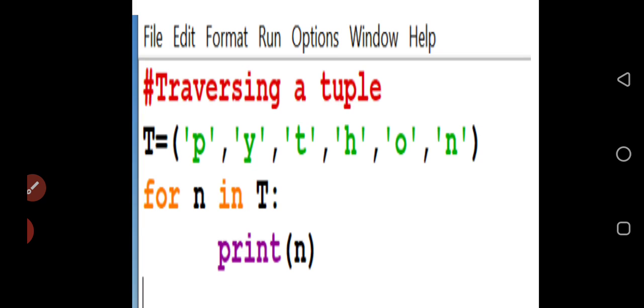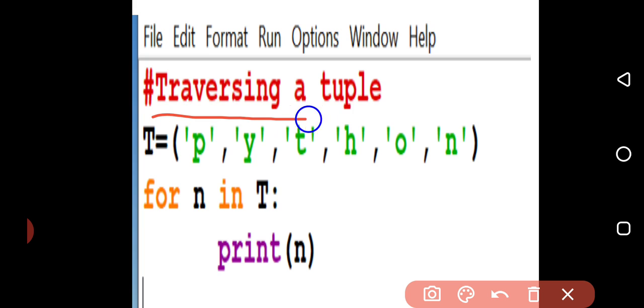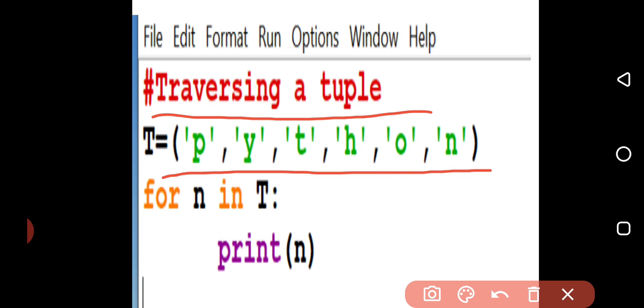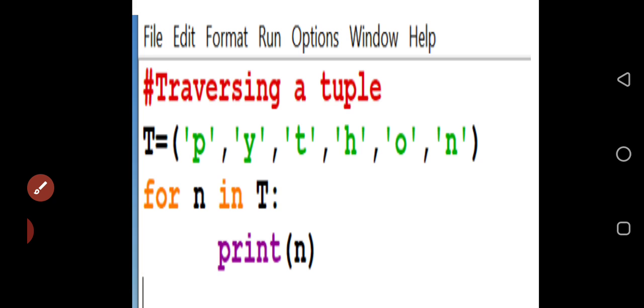Okay, now this is the process for looping through the tuple. Suppose in the tuple I have written this one, Python. Now one by one I write the for loop. What is the for loop? For n in T. For n in T, what is going to happen? All the values one by one are going to be transferred from T into n. Suppose P has been transferred, P is printed. After that Y has been transferred, Y is going to be printed, and up to n it is going to be printed over there. Okay, thank you very much.